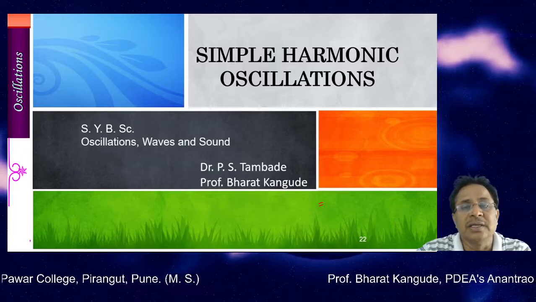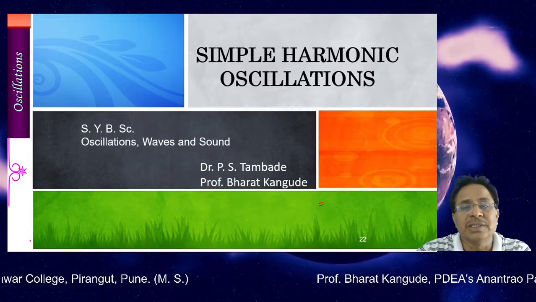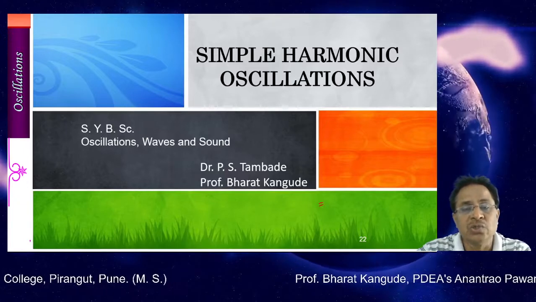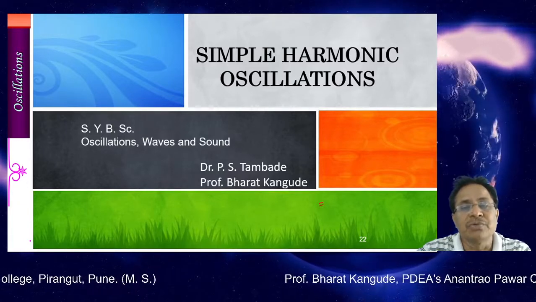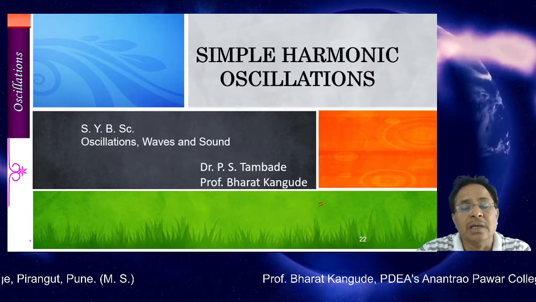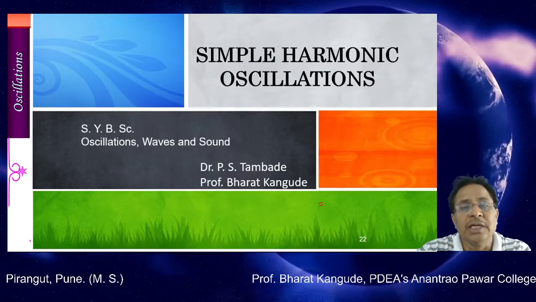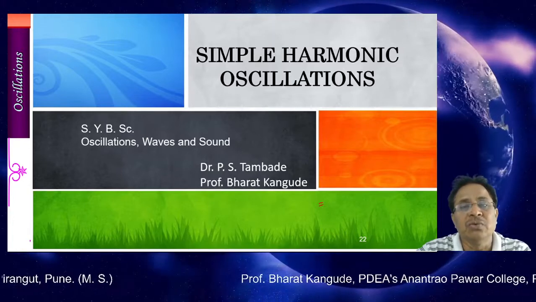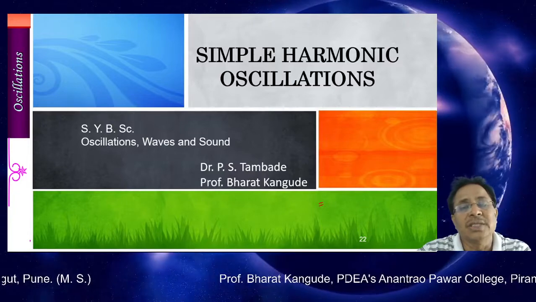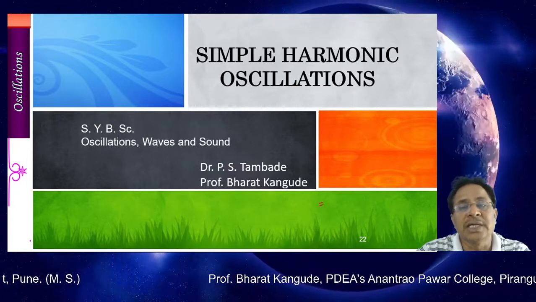It contains the force, and that equation is called a differential equation. It is actually a force equation: m d square x upon dt square plus kx is equal to 0. That is what we call a second order ordinary differential equation having a positive coefficient for the second term, and the solution of that equation is an oscillatory solution containing either sine or cos.